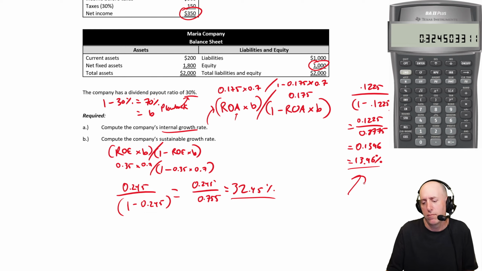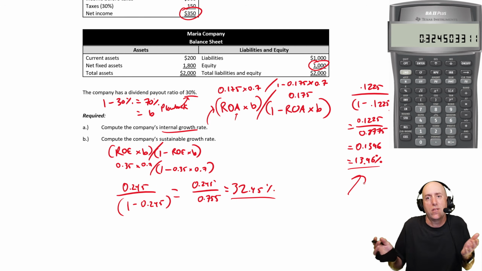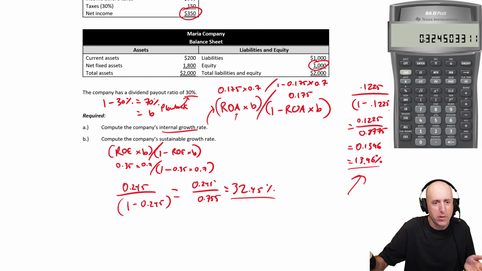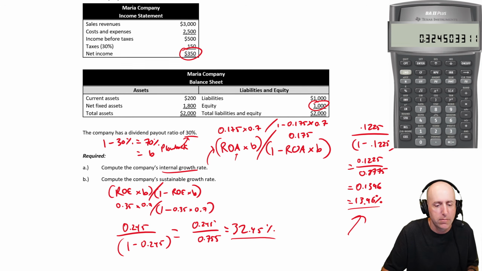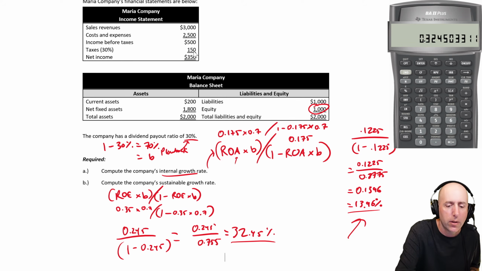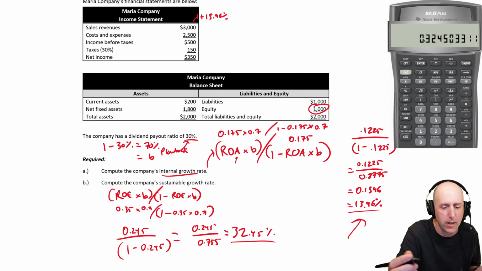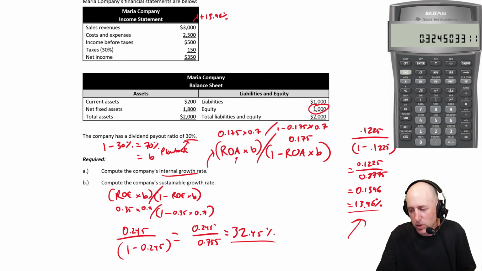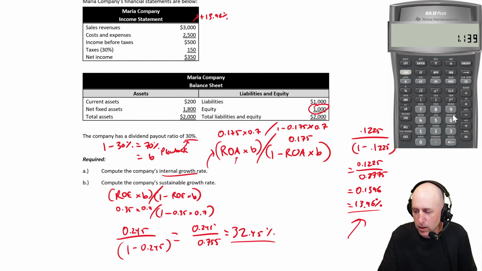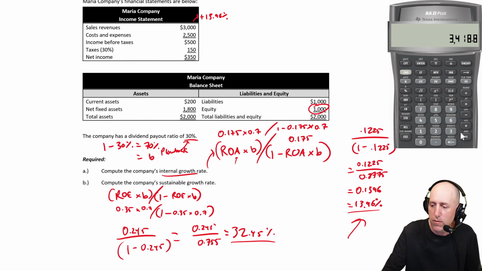So if we grow at 14%, 13.96%, what does our company look like? And the answer is, it looks like it grew by 14%, but we don't take on new debt. Let's do some math here. So again, we'll recast our income statement plus 13.96%, right? Assume we grow by about 14%. So 3,000 times 1.1396, 3418.8,